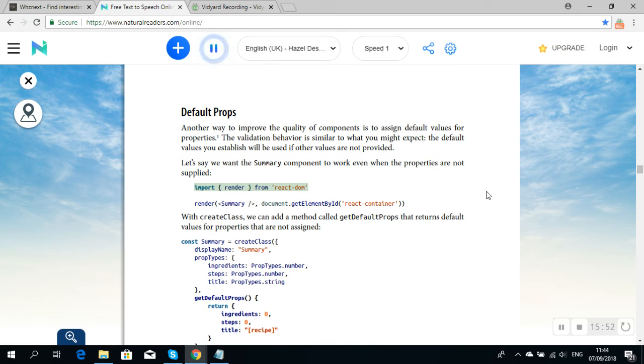import { render } from 'react-dom'; render(<Summary />, document.getElementById('react-container')). With createClass, we can add a method called getDefaultProps that returns default values for properties that are not assigned. const Summary = createClass({ displayName: "Summary", propTypes: { ingredients: PropTypes.number, steps: PropTypes.number, title: PropTypes.string }, getDefaultProps() { return { ingredients: 0, steps: 0, title: "[recipe]" } },